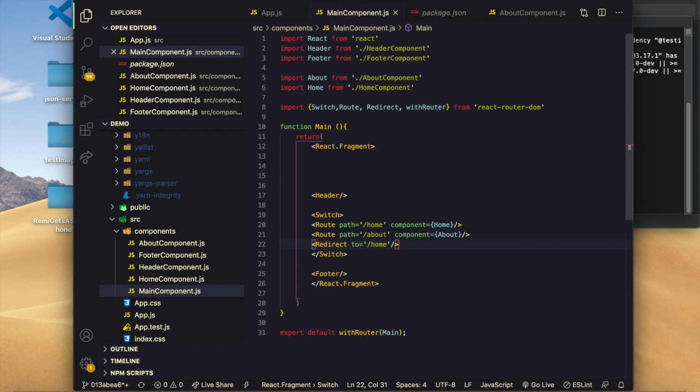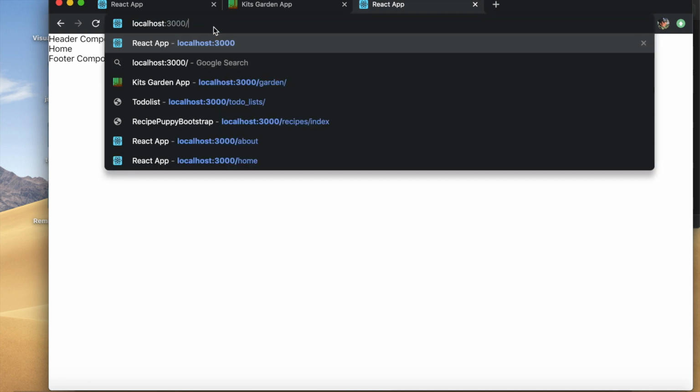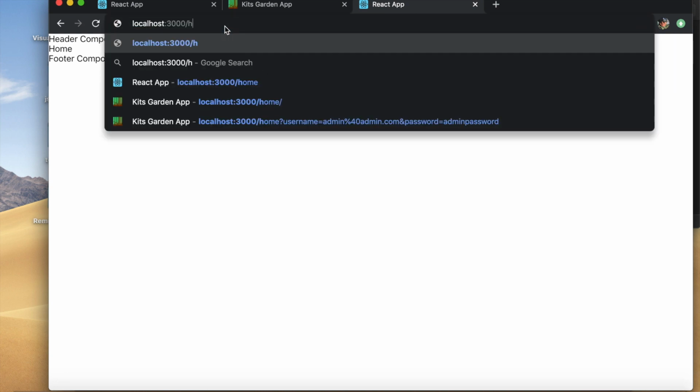Our user going to our application is going to need to be redirected to a location a lot of times. Perhaps you can come up with some other clever ways of controlling that flow, but I've shown you how it automatically redirects now to home. So if we go to 3000 like that, it'll redirect me to home. That's pretty cool. We have the beginnings of our single page application,